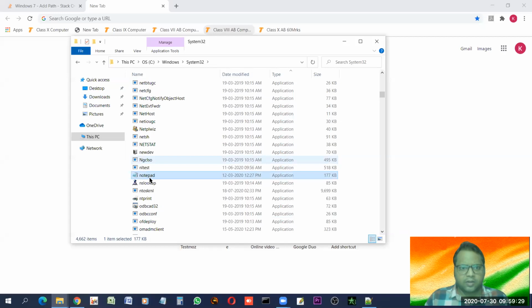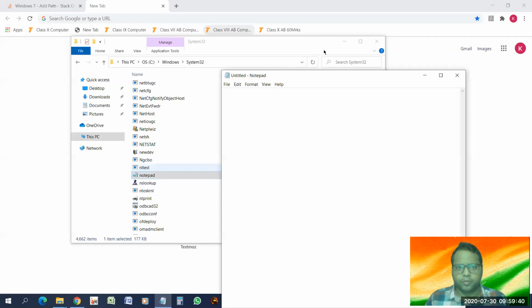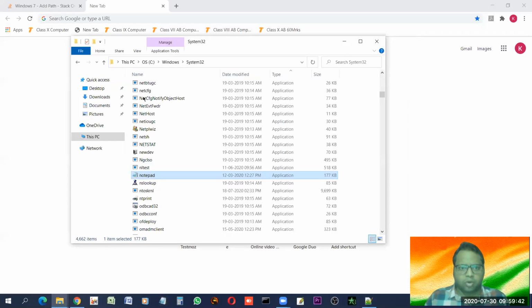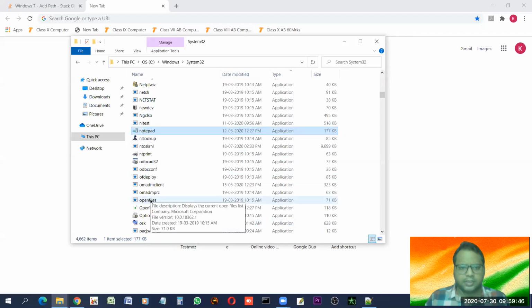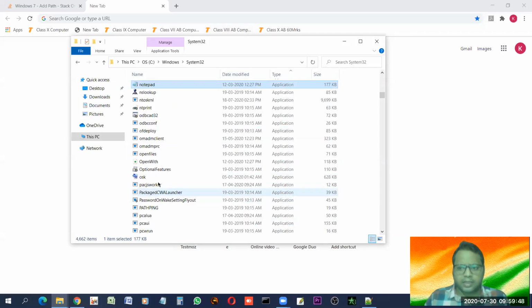Look, one of which is Notepad. This is Notepad. What kind of file is this? Command. What will happen when you double click it? Double clicking it will open Notepad for you. Okay. In the same way, these all are some commands and they are meant for some specific work. And they are situated in this folder, C drive, Windows, System32. And in the same way,